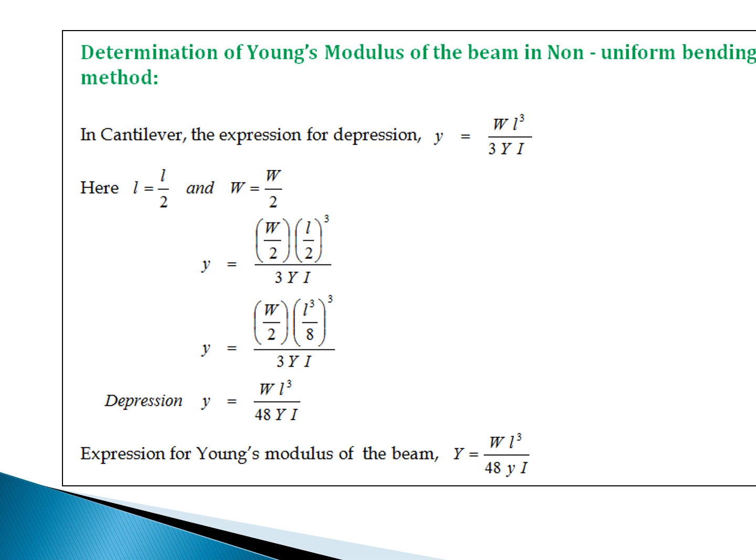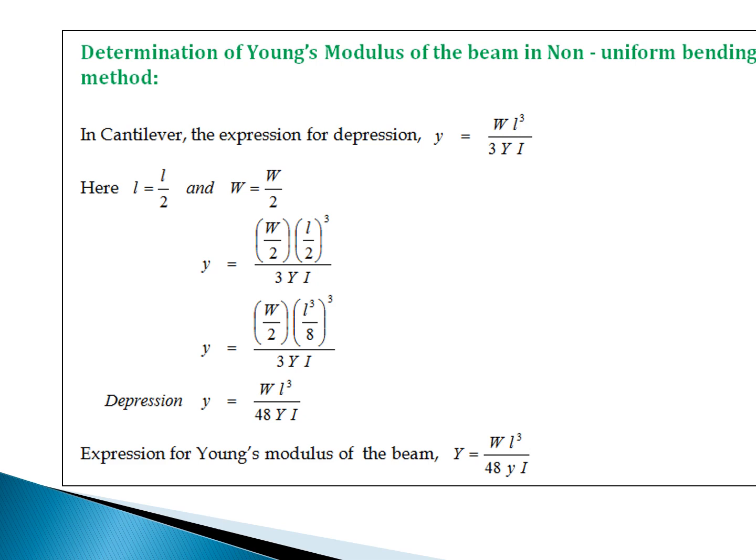So divided by 3YI, then depression y is equal to WL cube divided by 48YI. So if you interchange capital Y and small y, you will get the expression for the Young's modulus of the beam. Capital Y is equal to WL cube divided by 48 y into I,